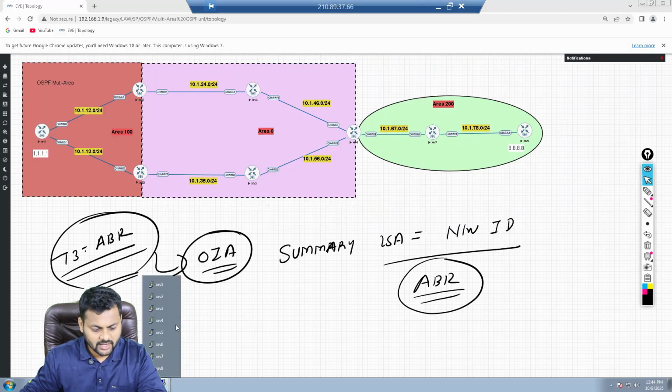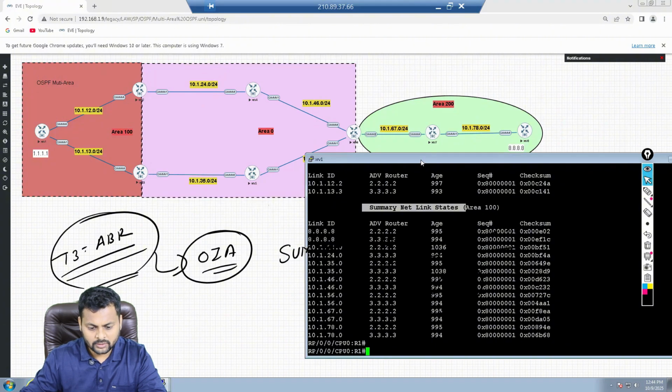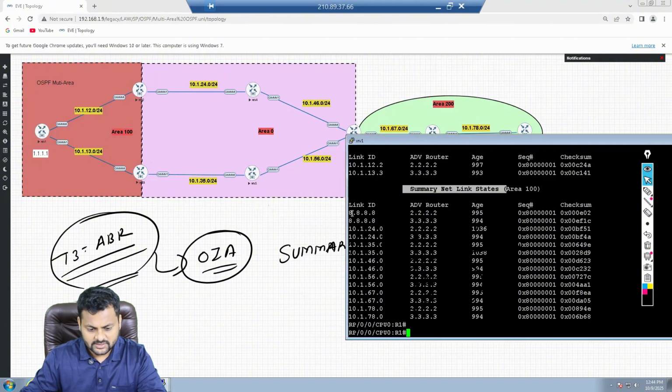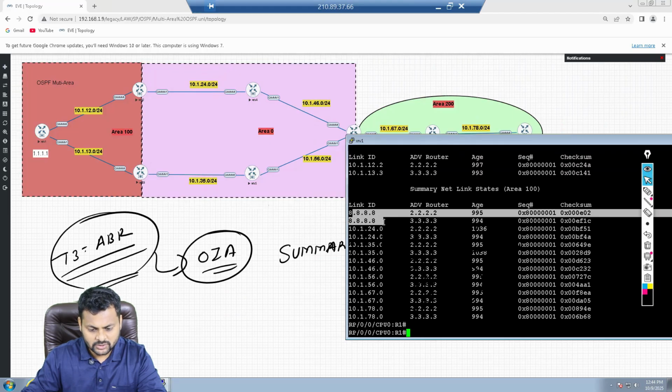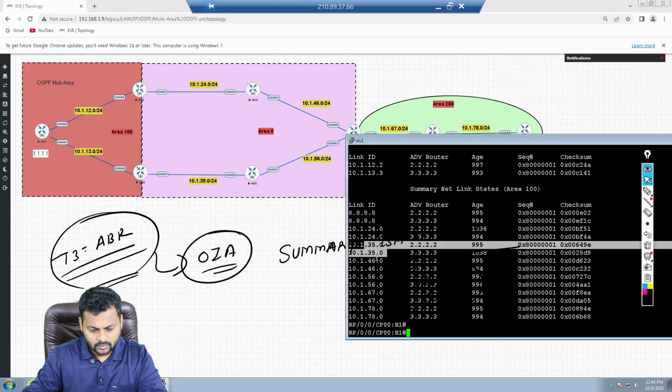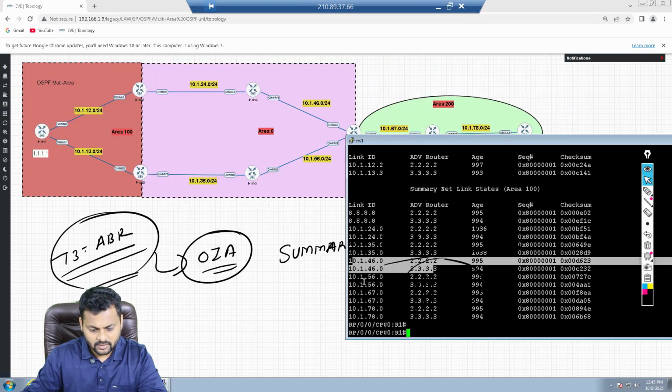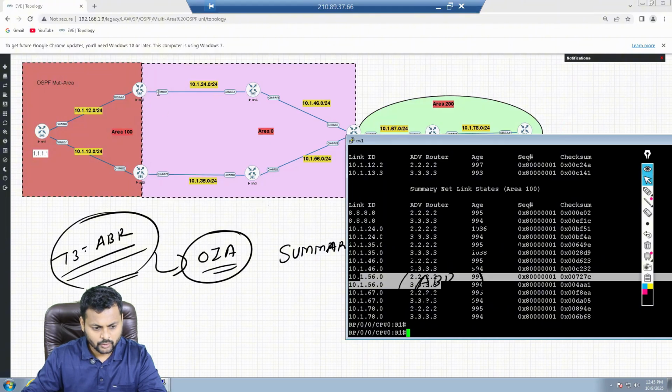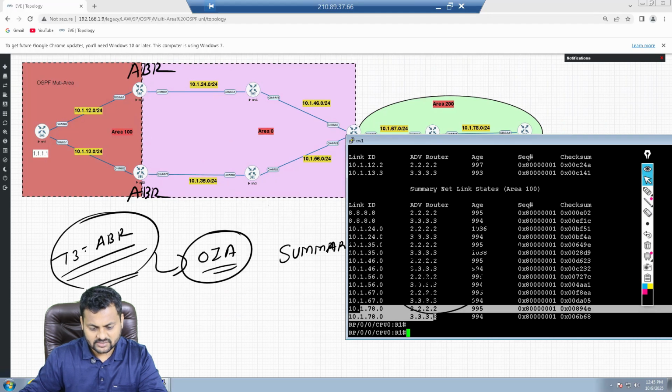So if you go and check on router number 1, you will have all the network IDs right now. You can see 8.8.8.8, another 8.8.8.8. Why are these two coming? Because I have two ABRs right now. Same thing, 24.0, 24.0, right? 35.0, 46.0 coming from both sides, 56.0 coming from both sides, because both are routed by ABR, so both will generate the type 3 LSA. And the 67 and 67, and the 78 and 78.